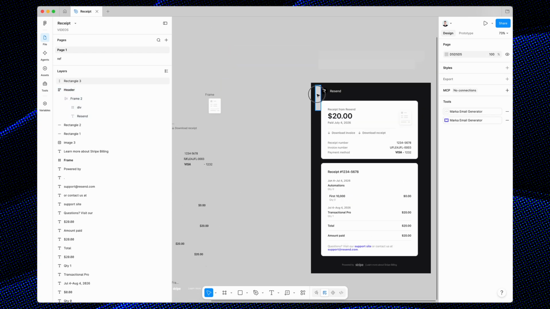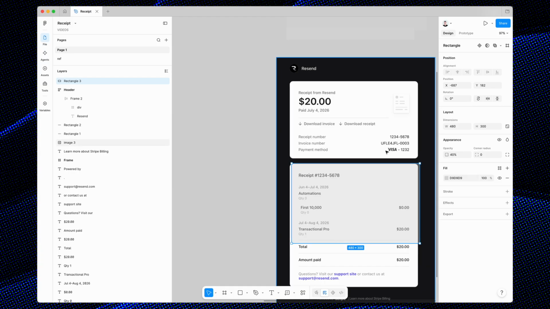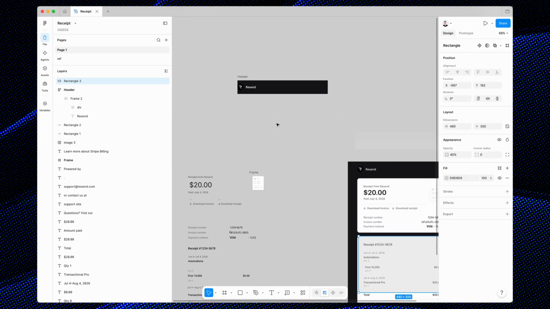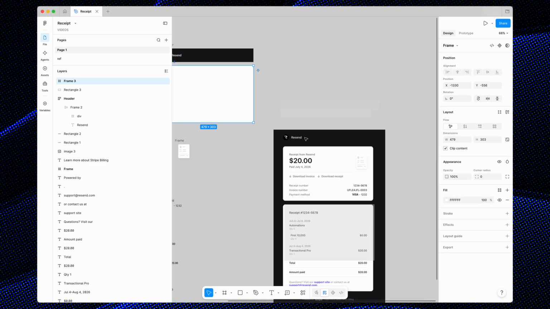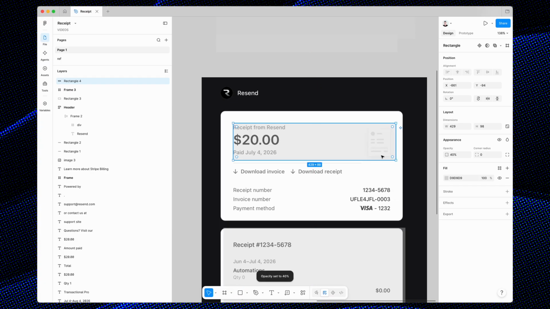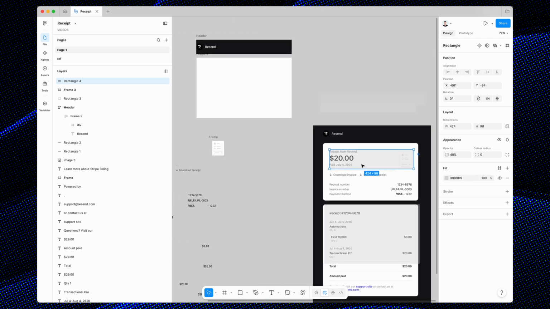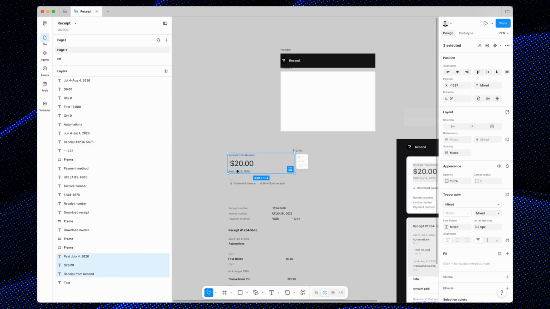The next block is this block with the top section with buttons and some numbers. So let's create a new empty frame for the content, and let's create this first section inside. As you can see, there are a couple of text items and an image on the right and a divider on the bottom. So let's create it. I have text here,